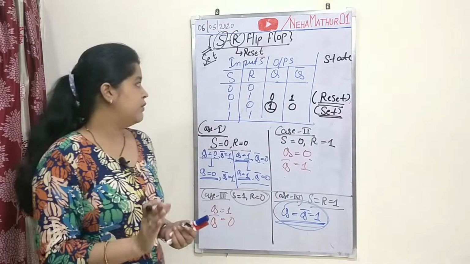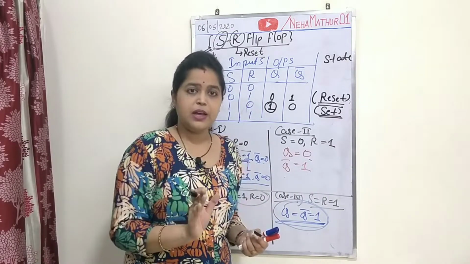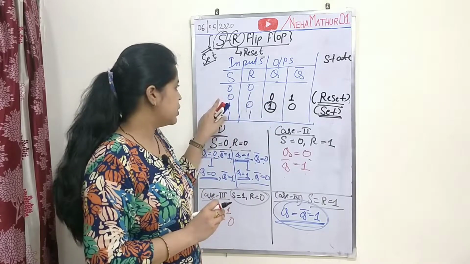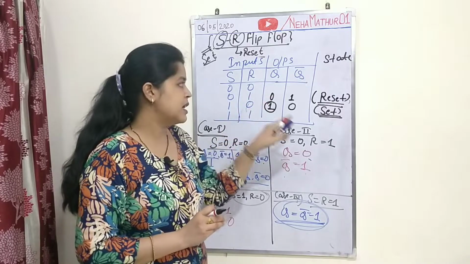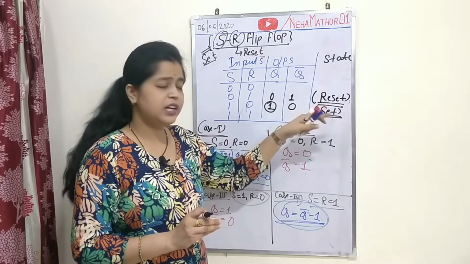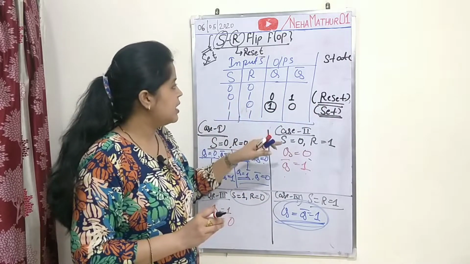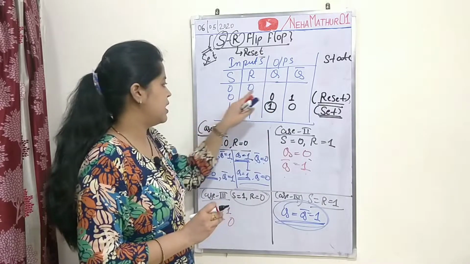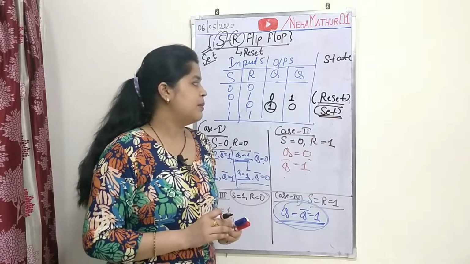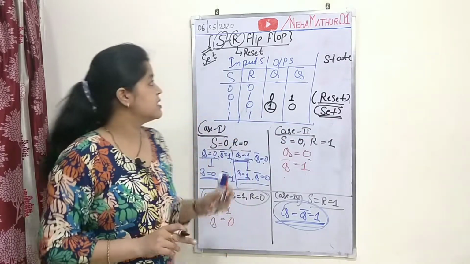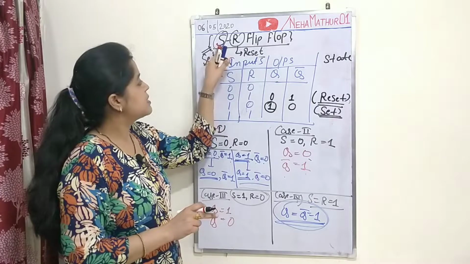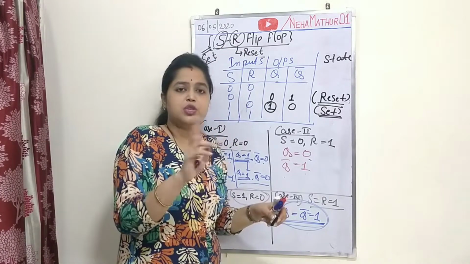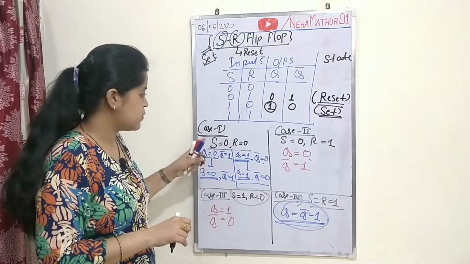When the output Q is equal to 1, such a state is said to be the set state. So with the SR flip flop, when you get 0 at the output with S equal to 0 and R equal to 1, such a state is said to be the reset state, while for the same condition when Q is equal to 1 with S equal to 1 and R equal to 0, this comes under the category of set state. This is the reason the SR flip flop is called the set-reset flip flop, because it switches between these two states.